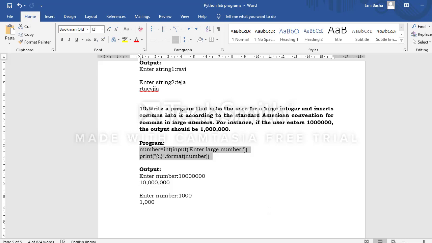Until and unless you practice, you don't understand the syntax. Python syntax is very easy to use. There are no huge syntaxes like in C programming. Everything is implemented with a small number of lines of code, because Python contains so many different library functions.